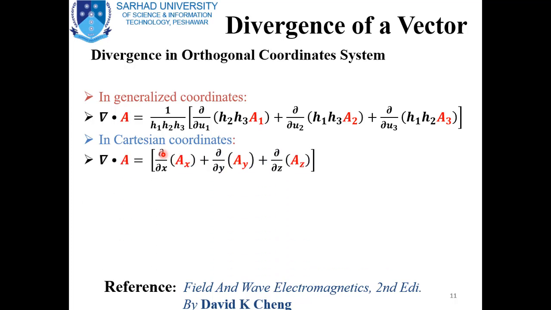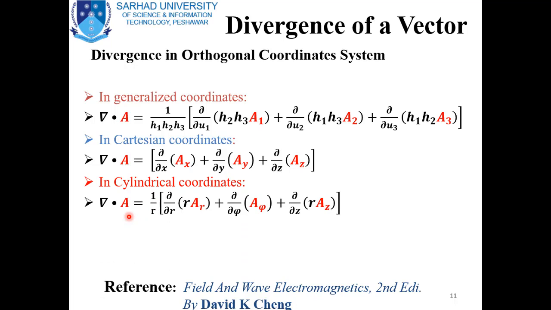So the divergence of vector A in the Cartesian coordinate can be written in this way. And similarly in cylindrical coordinates, where all u's are replaced with r, phi, z, and the metric coefficients h1 and h3 are equal to 1, while h2 is equal to r. By replacing these parameters, the divergence of A in the cylindrical coordinate is given by 1 divided by r